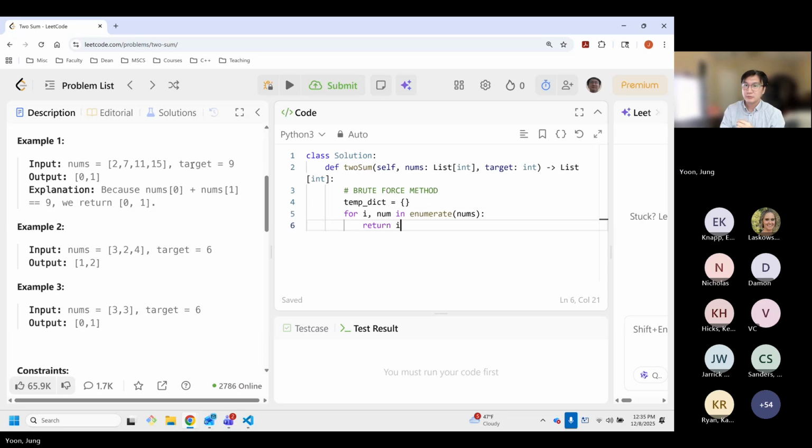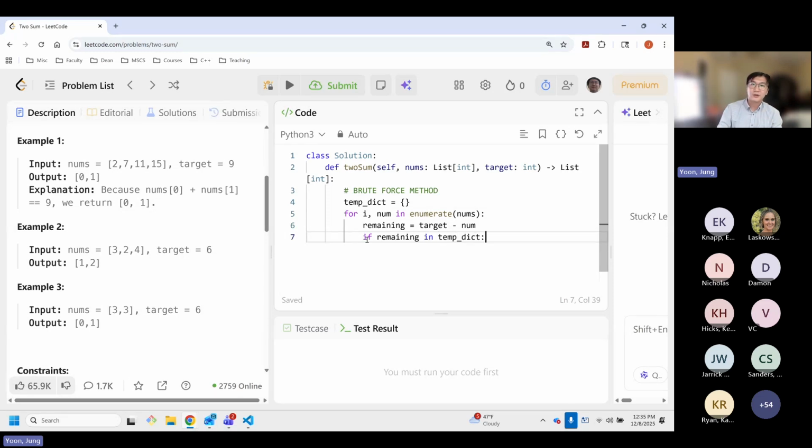All right. So from here, remember we said, whatever the remaining values are, I'm going to subtract the target from the number. If we do this, what do you know? We know that the value has to be accessed, right? This is the remaining value we want to see. Nice job, Robert. And then we're going to say if that remaining number is inside of that dictionary.